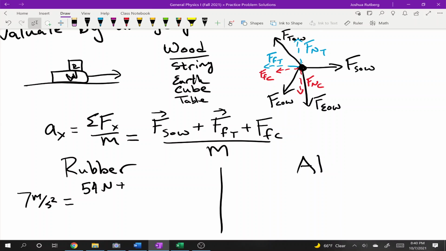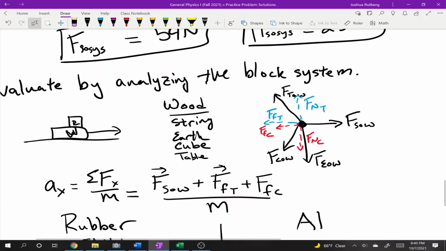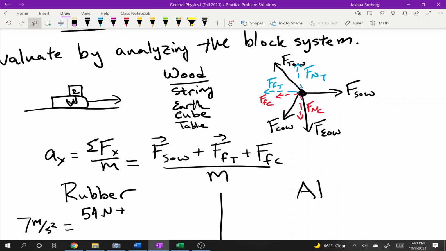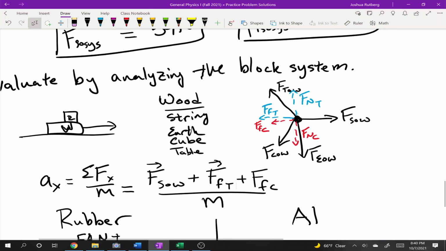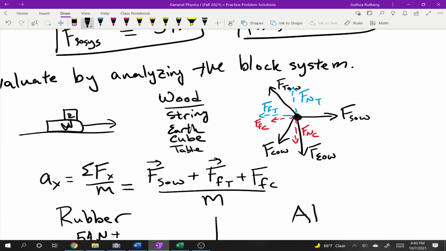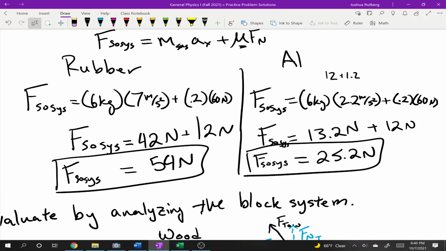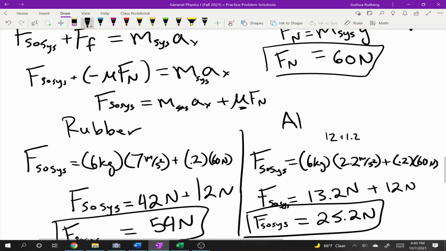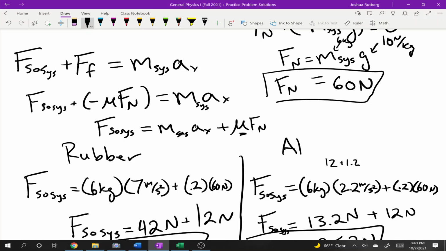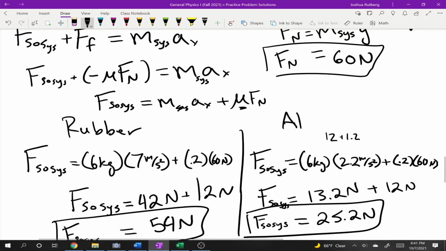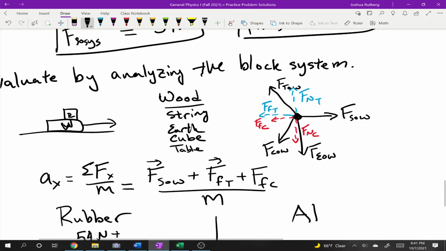Oh, well, this I don't know. I know the friction component for the entire system. Is it different? Well, I don't think it can be. So the friction component from the table was 12 newtons, the coefficient of friction times the 60 newtons,